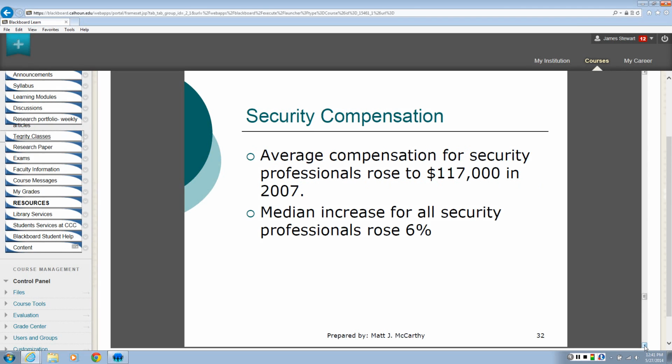Just look, FYI, in regard to what the average compensation for security professionals is. Now, notice that this doesn't say for security officers. A security officer is not going to make a lot more than minimum wage. They're just not, because it's not a difficult job, it's not an involved job. You don't have to have a large amount of knowledge, nor do you have to have management expertise to be a security officer.